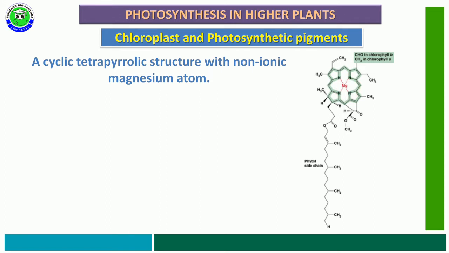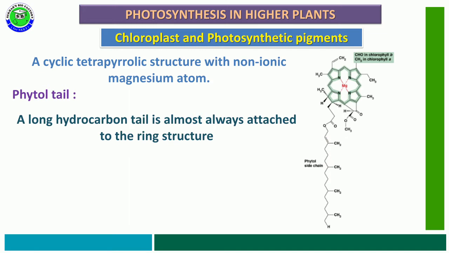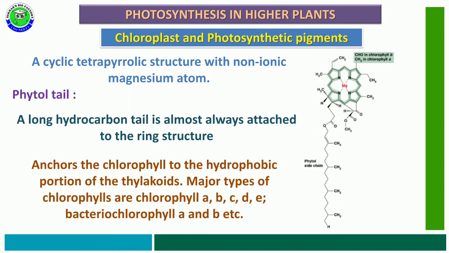So with the help of this non-ionic magnesium atom, four porphyrin structures are attached that become the head, so for the formation of chlorophyll pigment, magnesium is an essential element. Along with the porphyrin head, it consists of a long tail called the phytol tail. A long hydrocarbon tail is almost always attached to the ring structure of the head, and this phytol tail anchors the